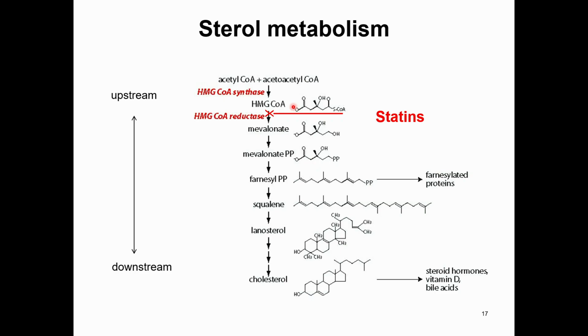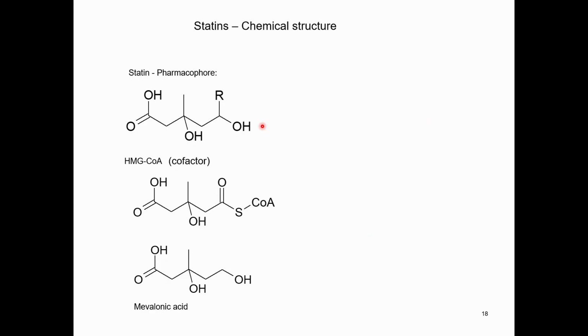And so it turns out if you inhibit HMG-CoA reductase up here in this pathway, everything downstream is going to be formed at lower rates. So you inhibit this enzyme and you inhibit the formation of cholesterol. And that's what statins do. So statins must be some sort of an inhibitor of the enzyme HMG-CoA reductase. Let's have a look at the structure of statins and compare it to HMG-CoA. So here is the substrate for the HMG-CoA reductase reaction. Here's the product. Here's the structure of a statin.